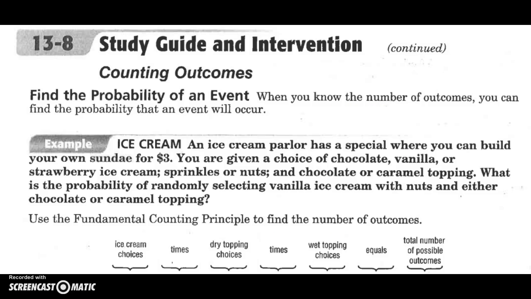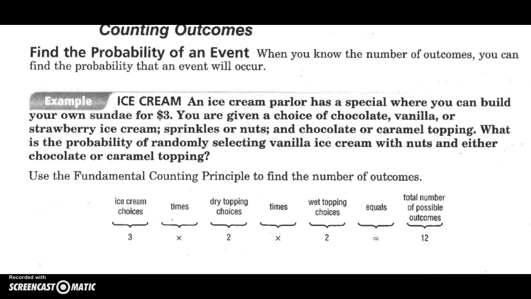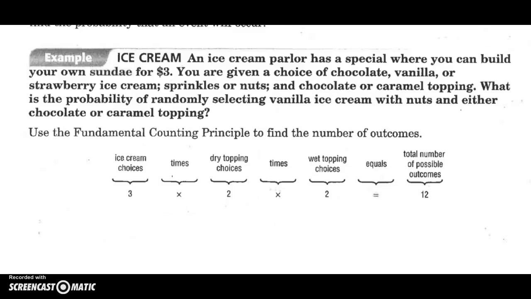Alright, on the continued 13.8 notes, we're still counting outcomes, but we're going to find the probability of an event. When you know the number of outcomes, you can find the probability. Remember, probability is winners or desired outcome divided by total possible. So our first example says an ice cream parlor has a special where you can build your own